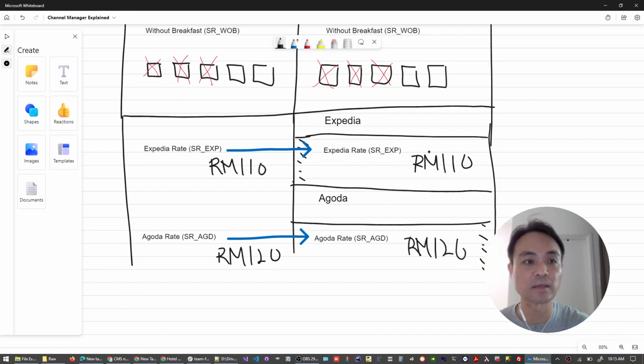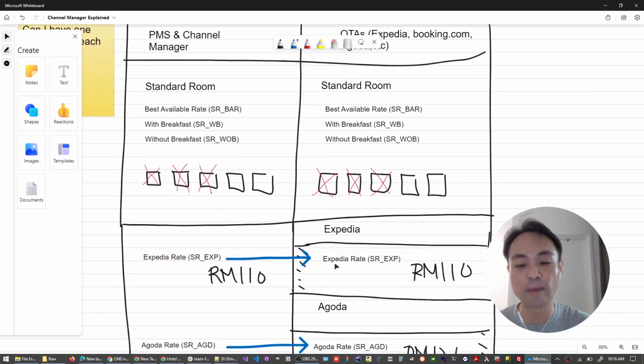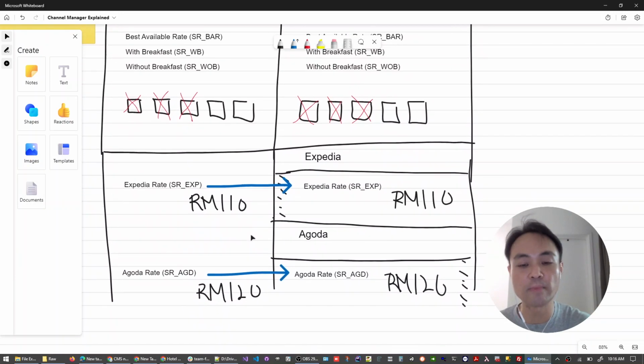And normally, this is the reason why I heard hotels requesting one rate plan for each OTA. While you do so, the availability system will be intact, because as long as you map the rate plan, the system will automatically do the sync. And if you make changes to the rate plan, let's say Expedia, you increase the price to 120, the system will know that only Expedia changed, so it will update the price for Expedia,